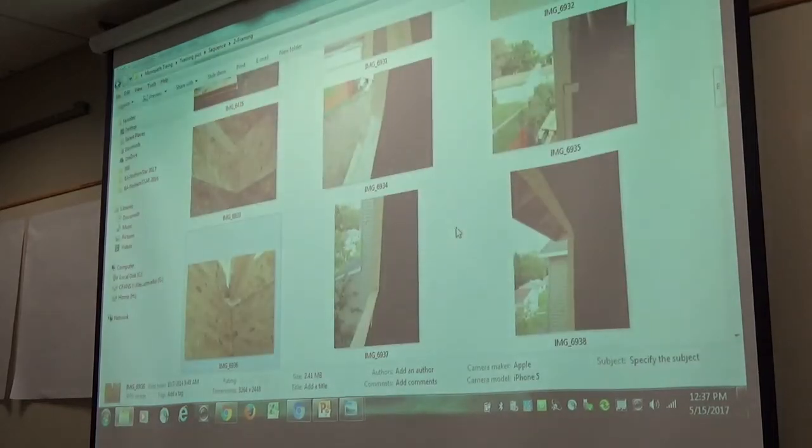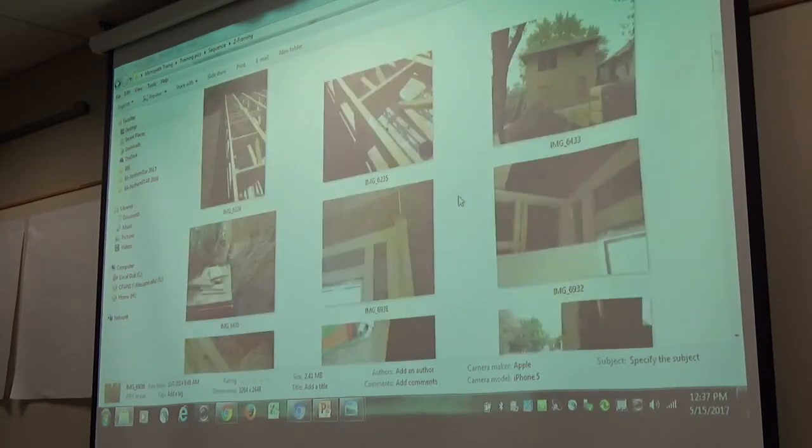And then the rest of the roof framing is pretty straightforward. Running the subfascia all the way around and then sheathing the roof. So pretty standard, nothing different or fancy about that. Okay. Then when we get into